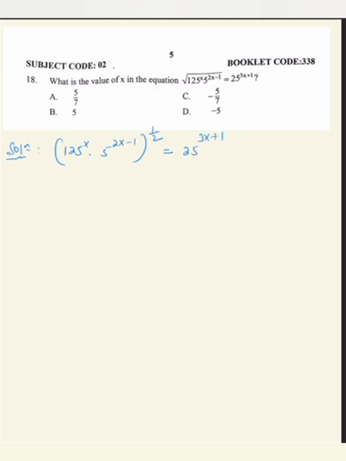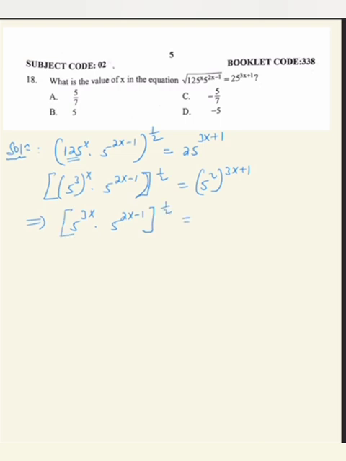Okay, so ቤዛቸውን ማመሳሰል እንቀጥላለን. 125 ማለት 5 the power of 3 ማለት ነው. Okay, 5 the power of 2x minus 1 the whole 1 over 2, this is the same as 25 is 5 square the whole 3x plus 1. Okay, so here the same base ስላለን, 5 the power of 3x times 5 the power of 2x minus 1 the whole 1 over 2 is equal to 5 the power of